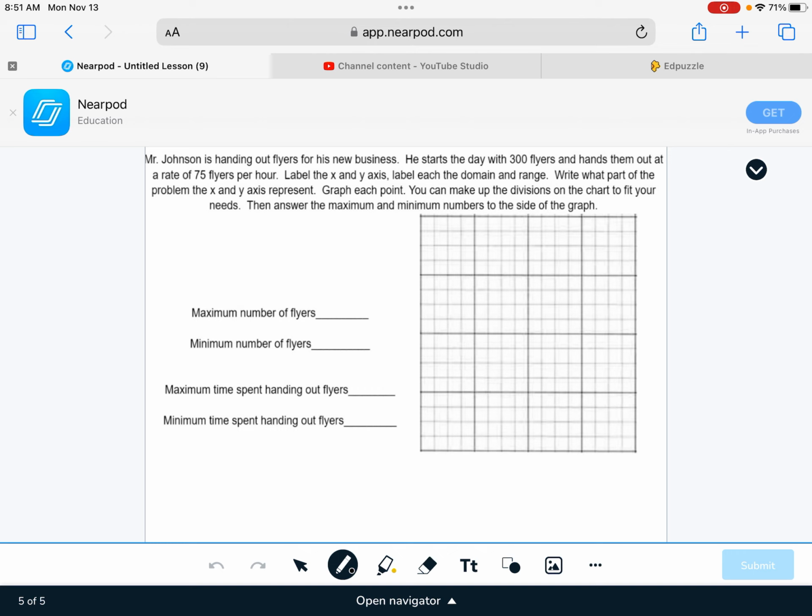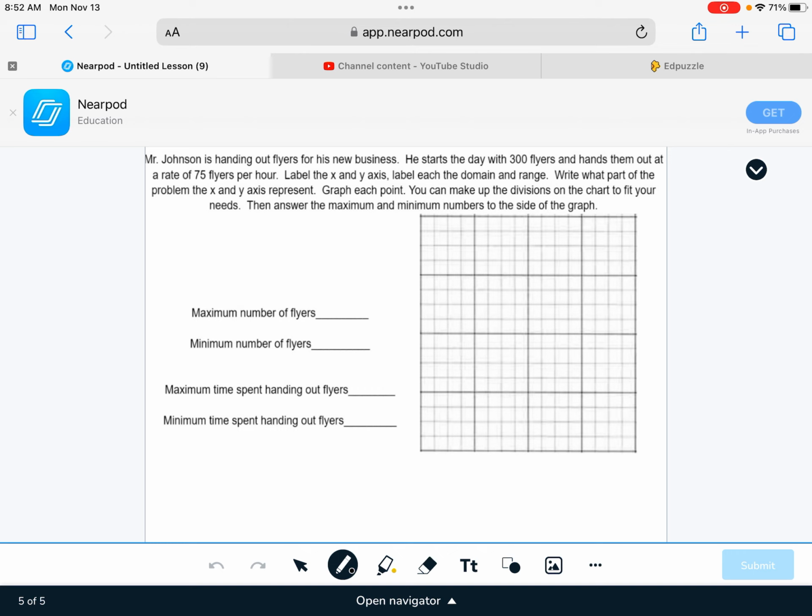So Mr. Johnson is handing out flyers for his new business. He starts the day with 300 flyers and hands them out at a rate of 75 flyers per hour. Label the X and the Y axis. Label each, the domain and the range. Label the X and Y axis, and also graph each point. You can make up the divisions to fit the chart as you need to. Then answer the minimum and maximum numbers on the side of the graph. Okay,